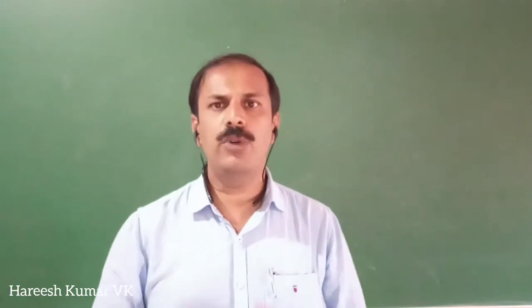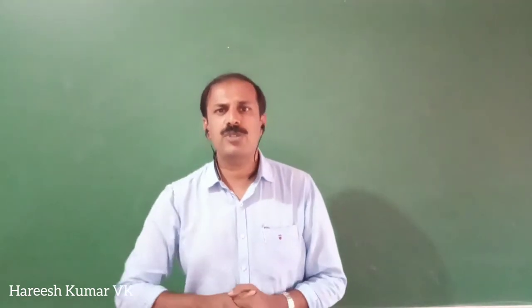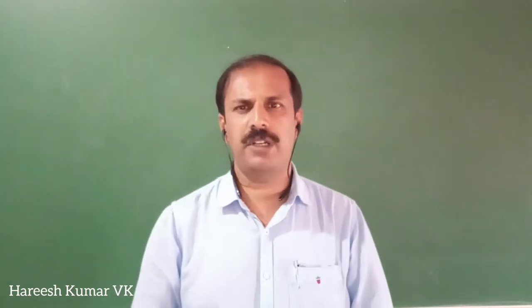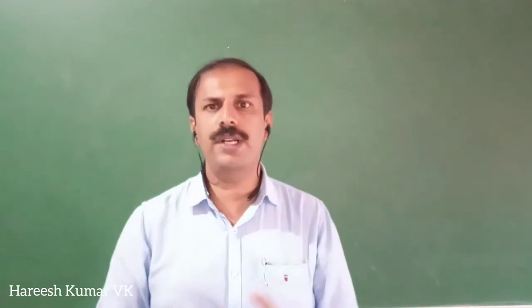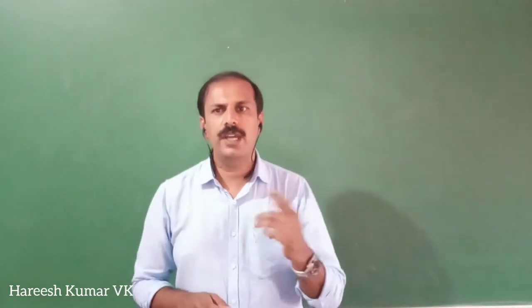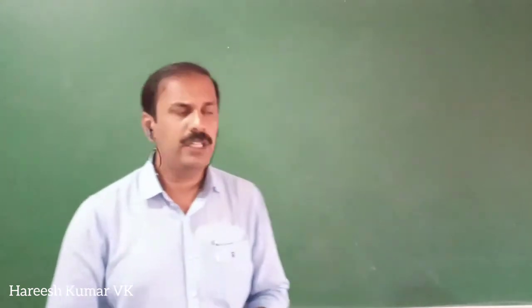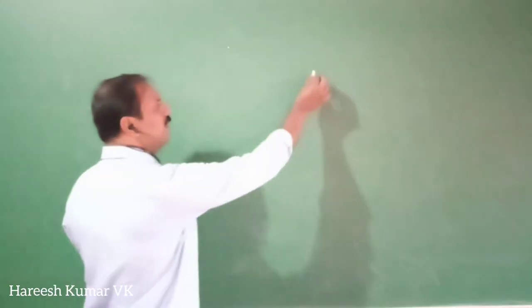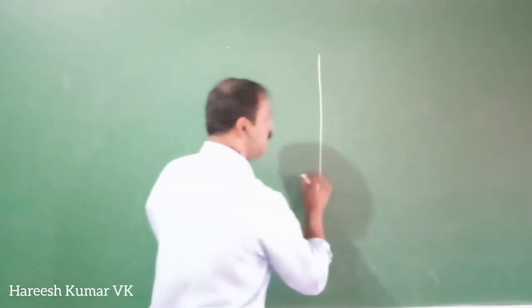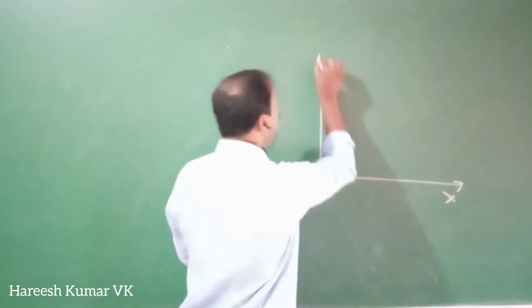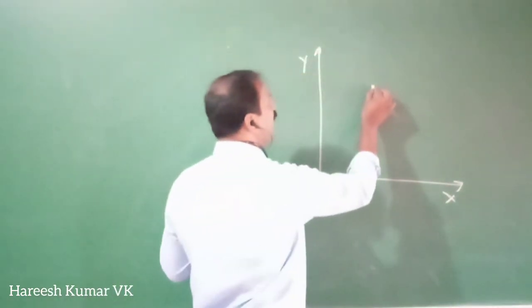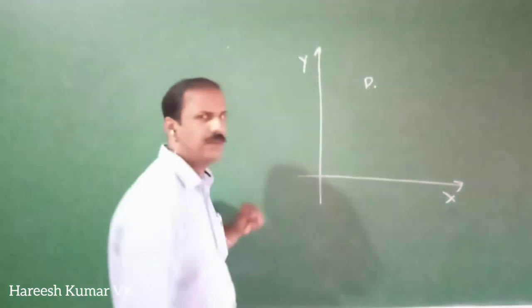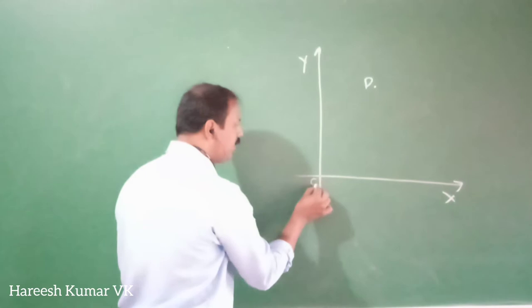Now we will study two new things, that is the position vector and the displacement vector. You know what position is and what displacement is. We already discussed position and displacement in the case of one dimension. Here we will discuss them in two dimensions, so they will become vectors. For example, if you take the position of an object, we will draw the axes here. We have the x-axis here and the y-axis here like this. Let the position of an object be here at point P. This is the position. And for this we have an origin also here.